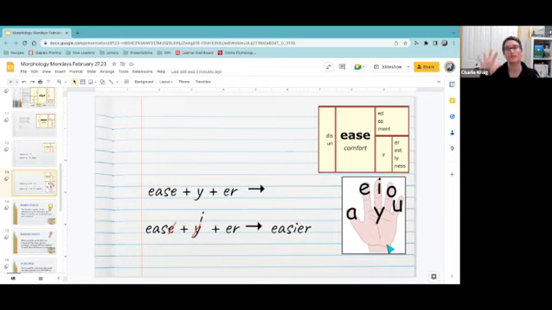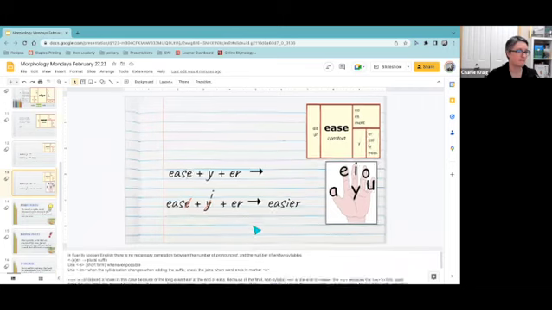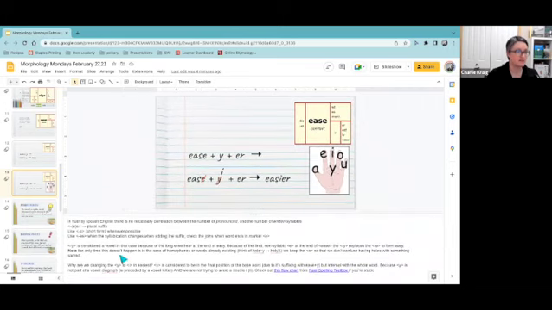If you have larger kids and you don't want to use a hand, just spell the 5 vowels out across the top, but put the Y underneath the I in the second row. Because Y and I like to help each other out and take on each other's jobs, for lack of a better term. So in this particular case, I'm going to get this wrong, let me read it from my notes. Y is considered a vowel because of the long E sound we hear at the end of easy.